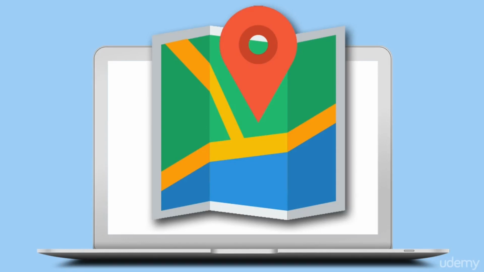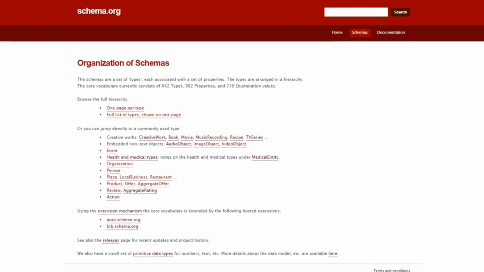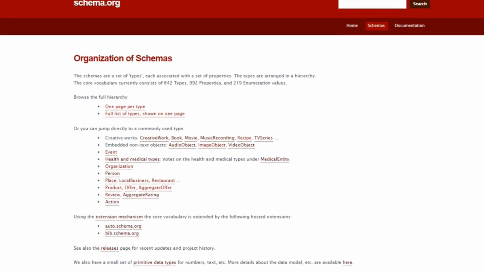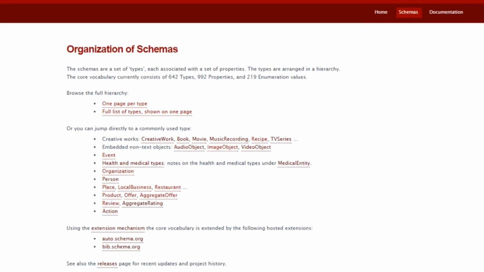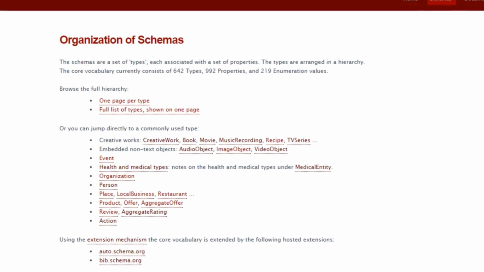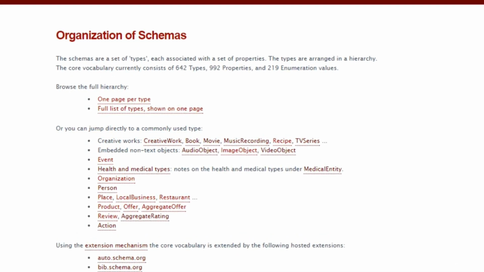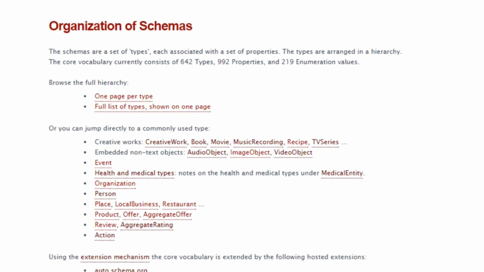Now that you have the basics of schema down, I want to add in some additional ideas that you can use to help give your website a little boost that your competitors may not be taking advantage of. The first one is that you really take the time to select the right business type. We don't want to just go with the local business schema. While that works for many businesses, oftentimes you can really focus in on a particular category that better describes what